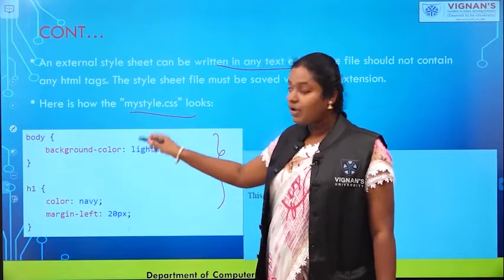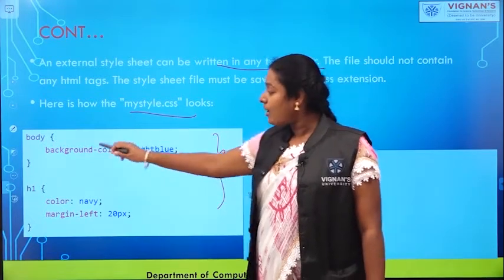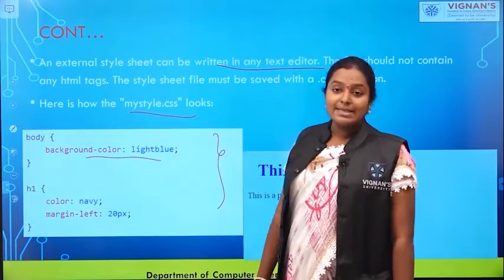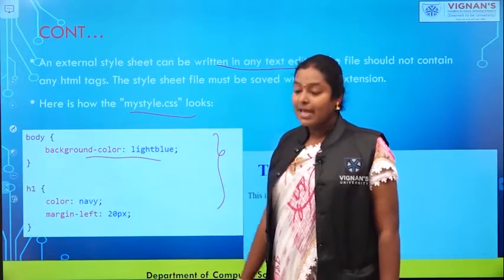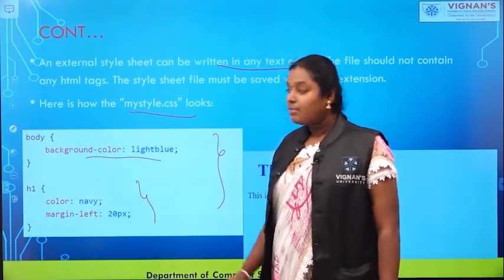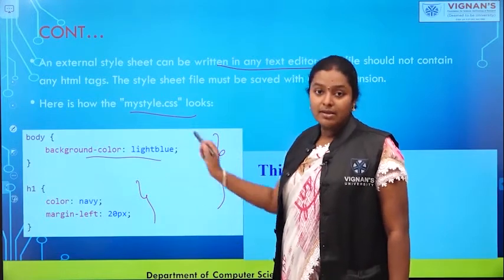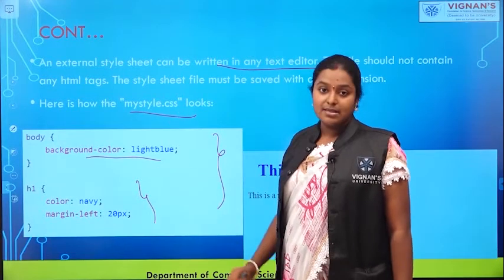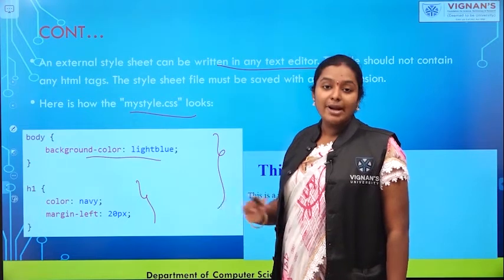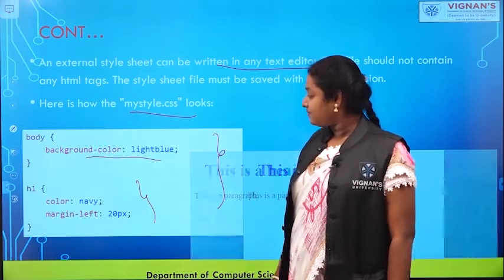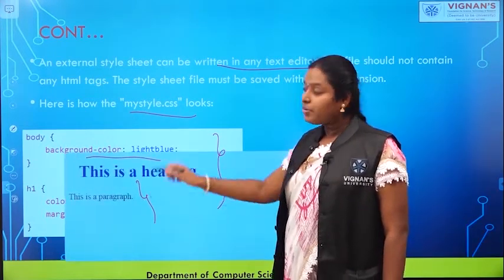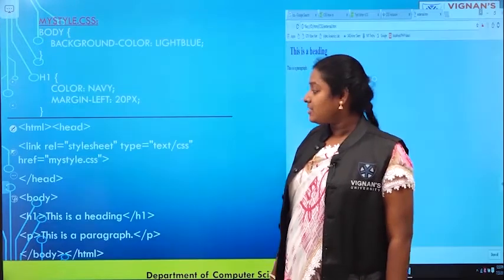Here I am taking one more element selector, that is body. You are applying a background color of light blue, and for the H1 tag you are applying color navy and margin left. How to save this file? You have to use .css. In the .css file you don't write any HTML tags. This will be the output for the corresponding style sheet.